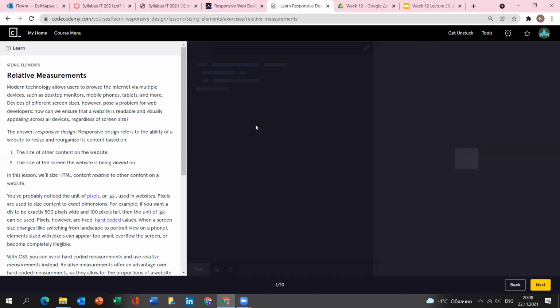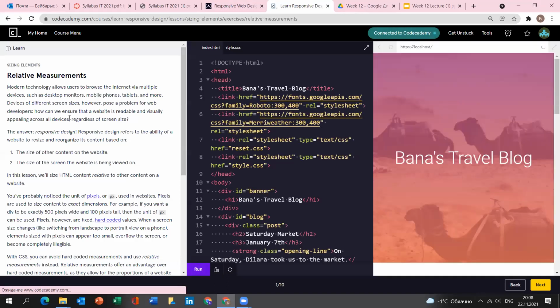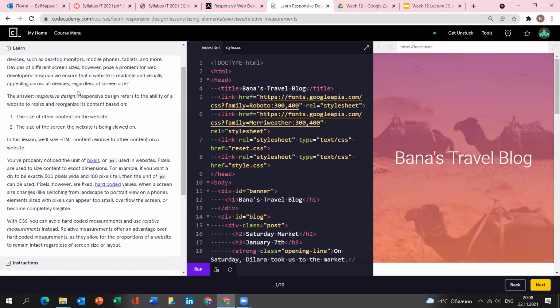So basically we'll cover relative measurements. I covered much more about it earlier. I talked about different designs and sizes posing a problem for developers, and the answer for all our problems is responsive web design, okay? So here we should reorganize and resize,